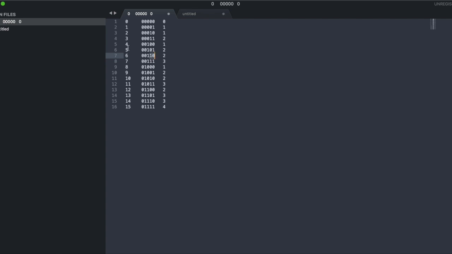Every number which is a power of 2 repeats the number of bits which we calculated for the previous numbers. For example, for 4, if we mask this bit, it is the same representation as what we have for 0. Now if we mask the leftmost bit in 5, again it is the same representation as 1. Same goes for 6 and 7 also.